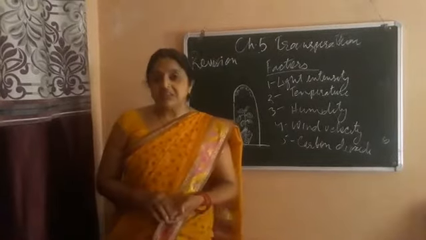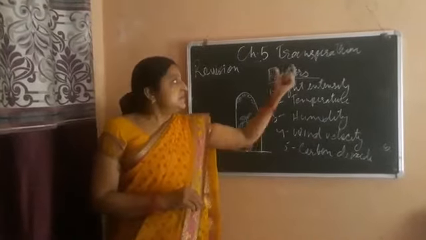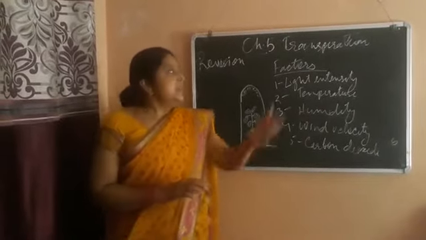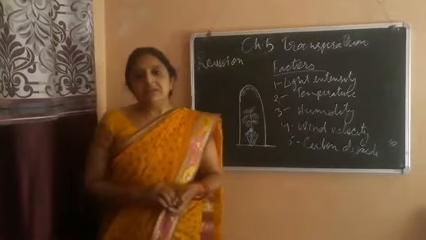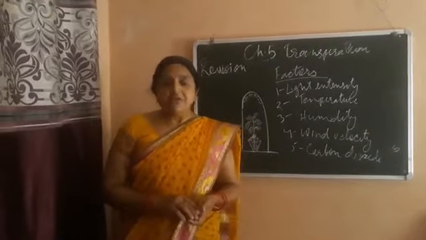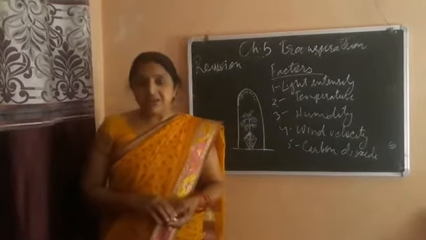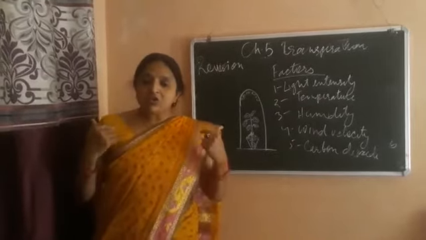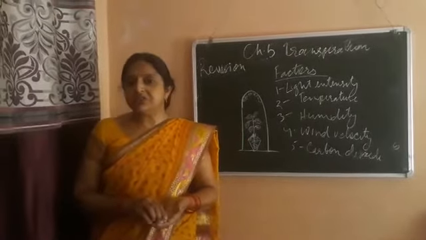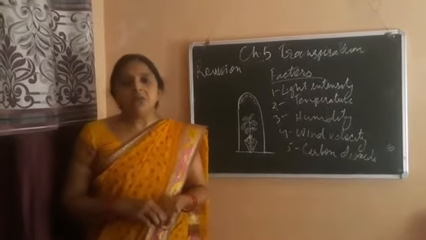There are three processes of water loss mentioned in your chapter. First is the transpiration, second is the guttation, and third is the bleeding. In transpiration, water is lost in the form of water vapor through the stomatal pores, while in guttation, water is lost in the form of water droplets through the margin of the leaves, and on the margin of the leaves hydathode cells are present, and through the hydathode cells the guttation process occurs. Means water is lost in the form of water droplets.